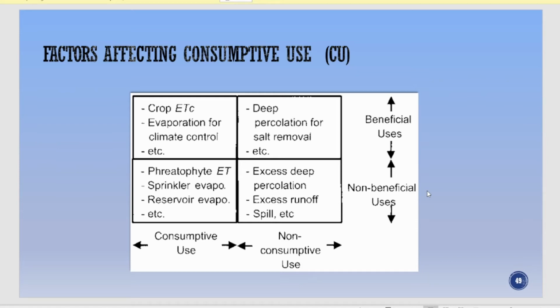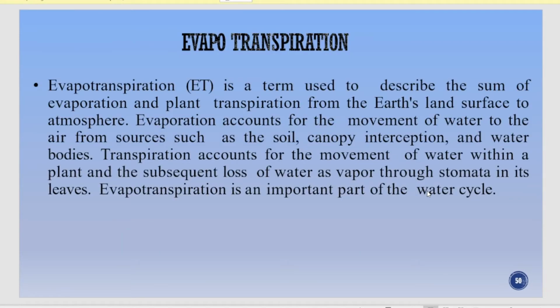After understanding consumptive use, we already know what evapotranspiration is. I gave you a brief description of what evapotranspiration is and what consumptive use is. Consumptive use is related to the farmer. Evapotranspiration is related to a hydrologist or a civil engineer who is trying to plan how much water is to be supplied in different regions, and he considers evapotranspiration a loss, whereas the farmer considers evapotranspiration as consumptive use, which is necessary. We have already discussed evapotranspiration and how to determine it in the previous module also.